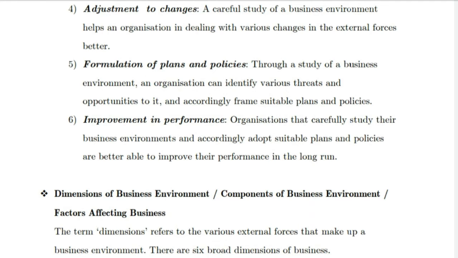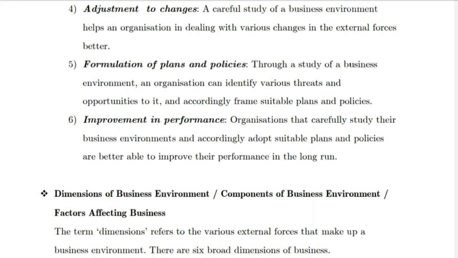Through a study of a business environment, an organization can identify various threats and opportunities to it, and accordingly frame suitable plans and policies. 6. Improvement in performance. Organizations that carefully study their business environments and accordingly adopt suitable plans and policies are better able to improve their performance in the long run.